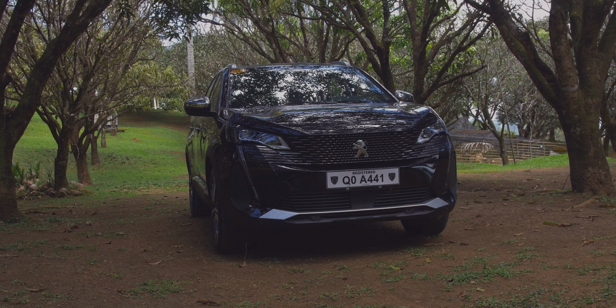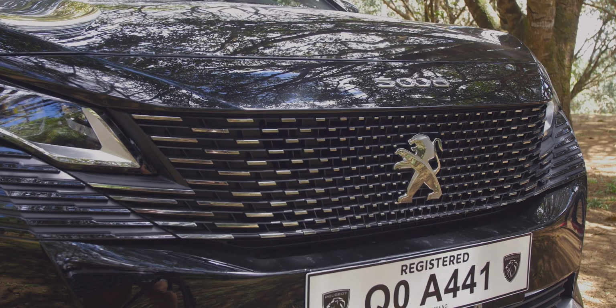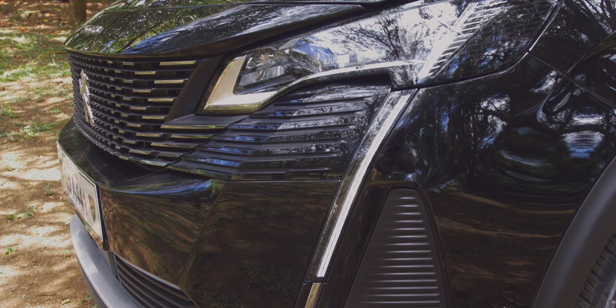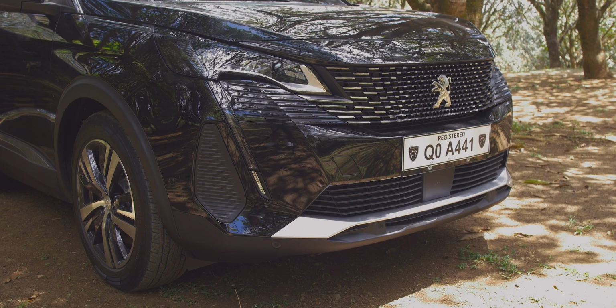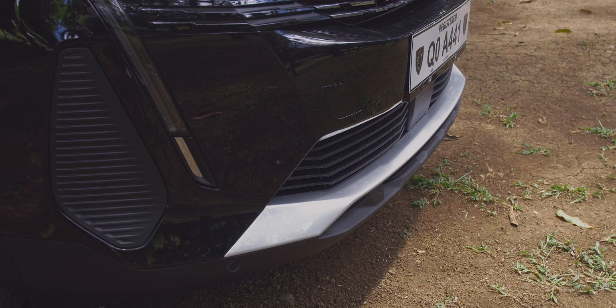Let's start first with the obvious, and that's the way it looks. From the outside, you can already tell that the Peugeot 5008 SUV is very imposing. Imposing in a good way. It looks very, very stylish, very, very modern, and most importantly, very, very different from what the others have to offer. One of the most imposing features about the exterior of the 5008 SUV is the frameless radiator grille,